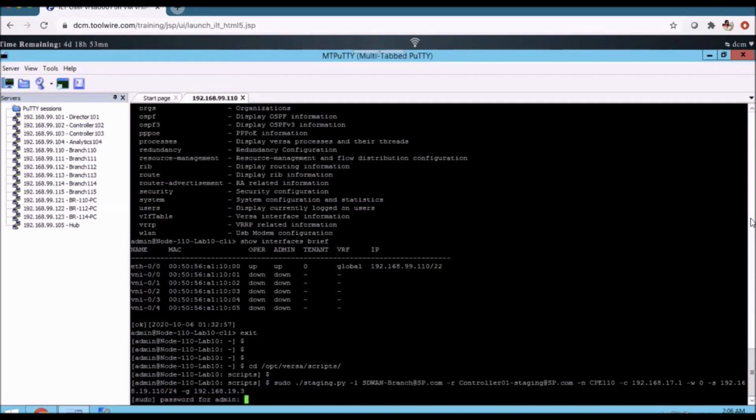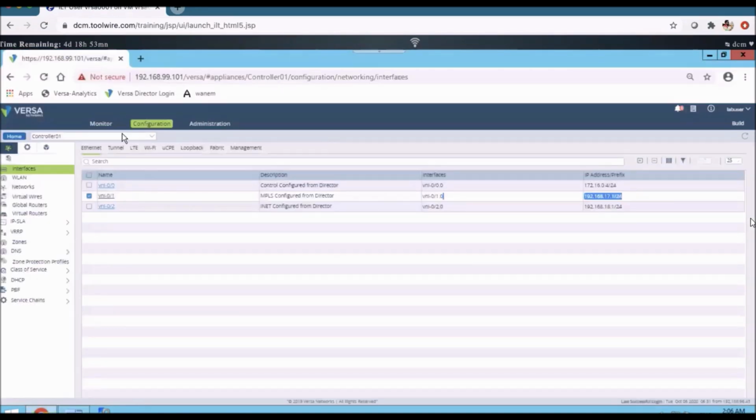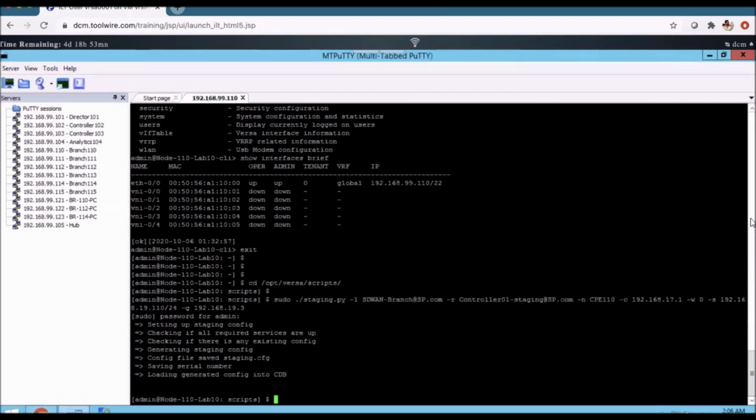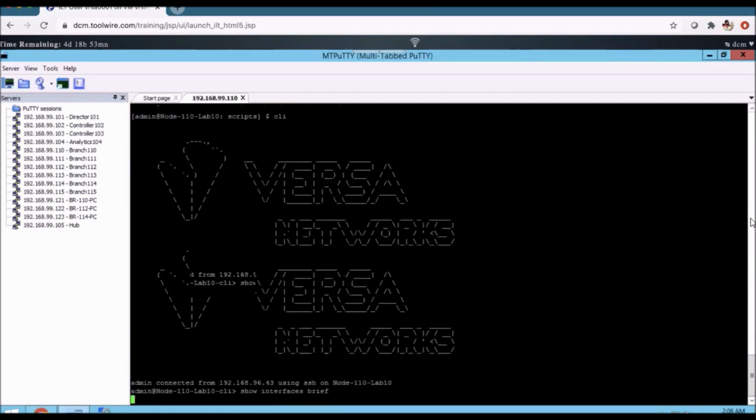What is going to happen? Okay, so we'll try to understand this. What is going to happen here? I can see what is the status of the branch. It is in shipped state. Okay, so the status of the branch is in shipped state. I'm going and I'm verifying the show interface brief. So what is the output you are going to see here?